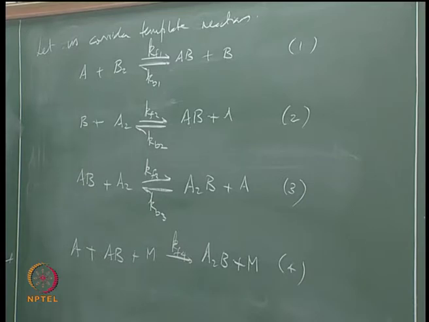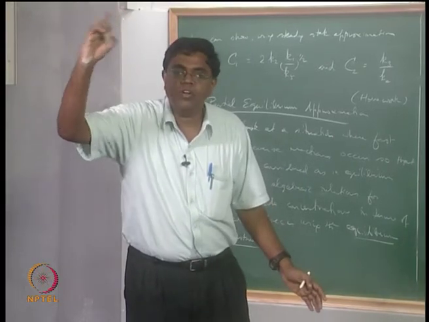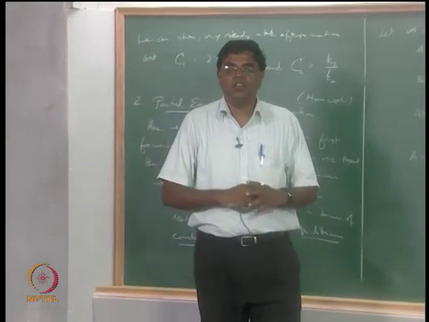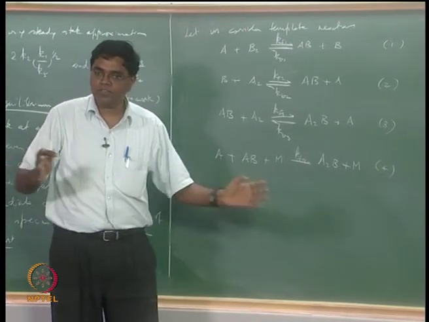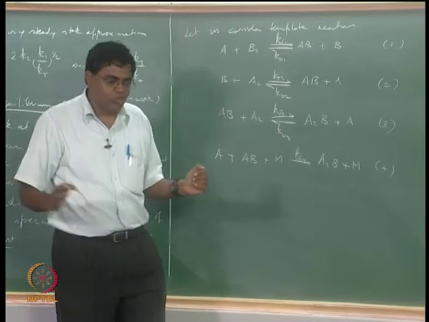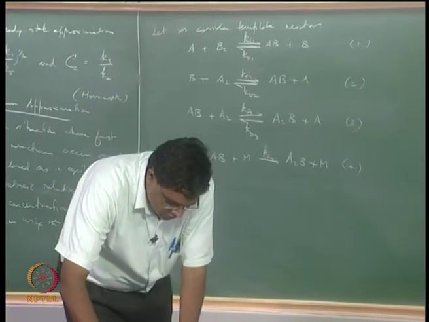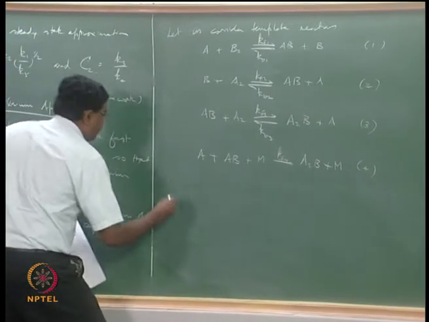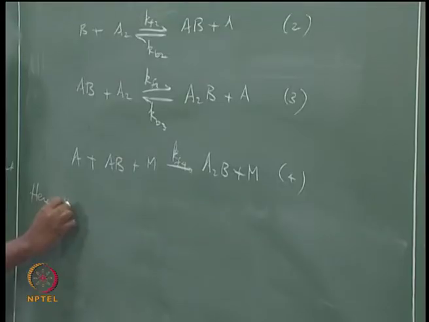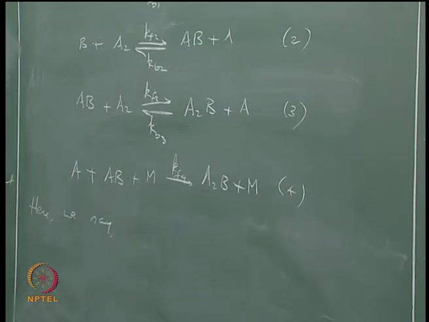Now what we are interested in is to find out the net rate of production of the final product and how it depends on the concentrations of the stable reactants. The presence of the intermediates is spoiling the show. We want to try to get rid of them. So what we want to do then is we say